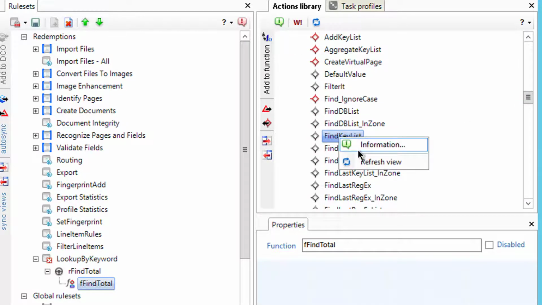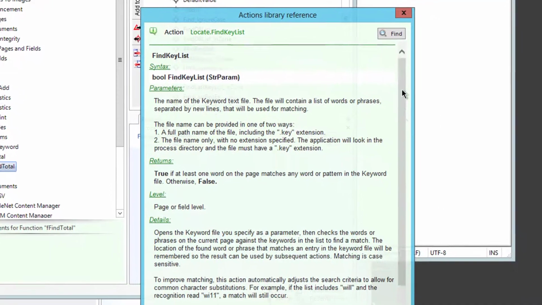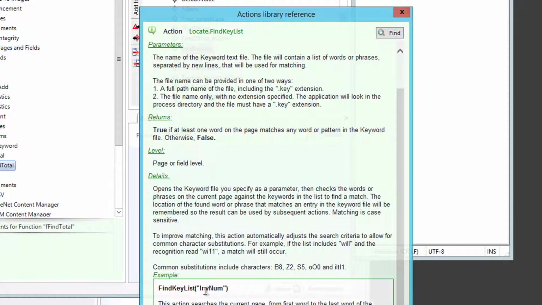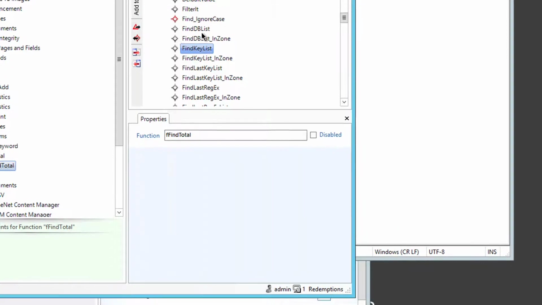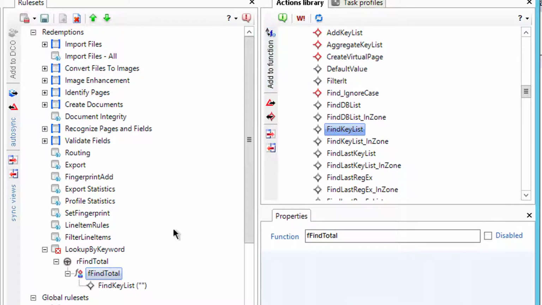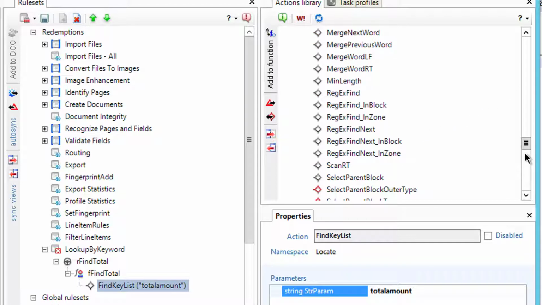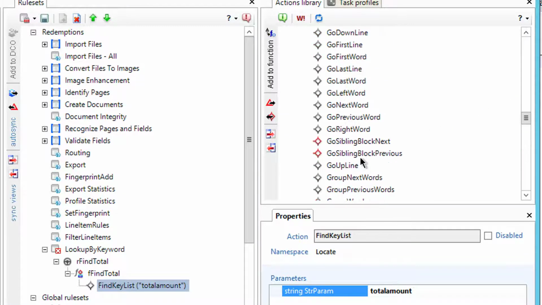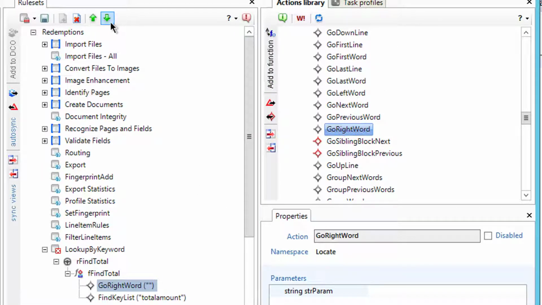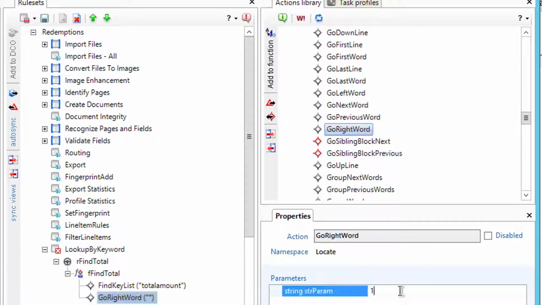find key list. So this is one where you could just look at this stuff and it'll tell you how to do it. I'm just going to give it inv-num. It's going to look for this file inv-num.key, and it's going to try to find the values in that. So that's my lookup, and my key list was called total amount, I think. I'm going to try to find that, and I'm going to move right, go right word down. I'm going to go right 1, and then I'm going to say